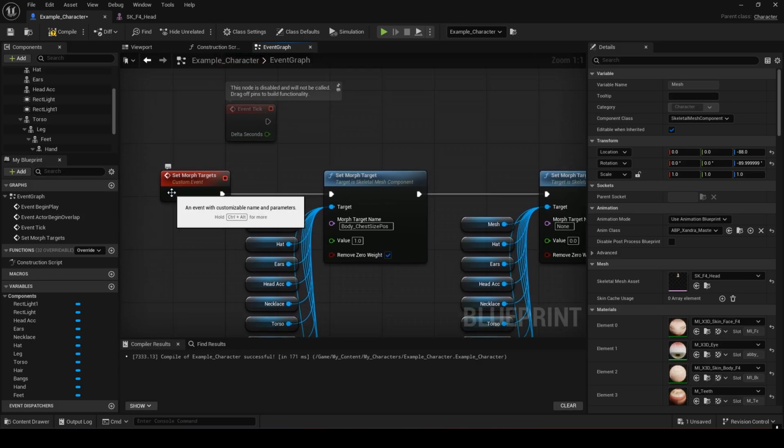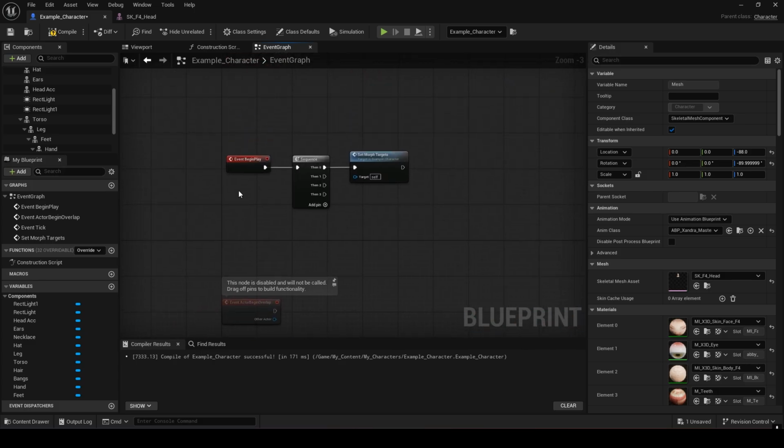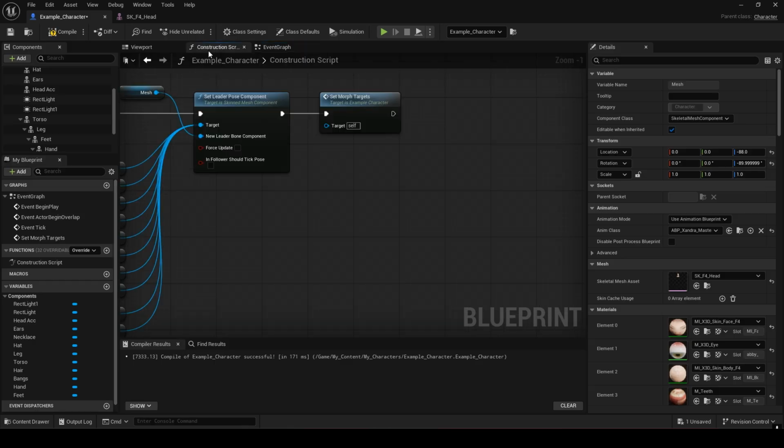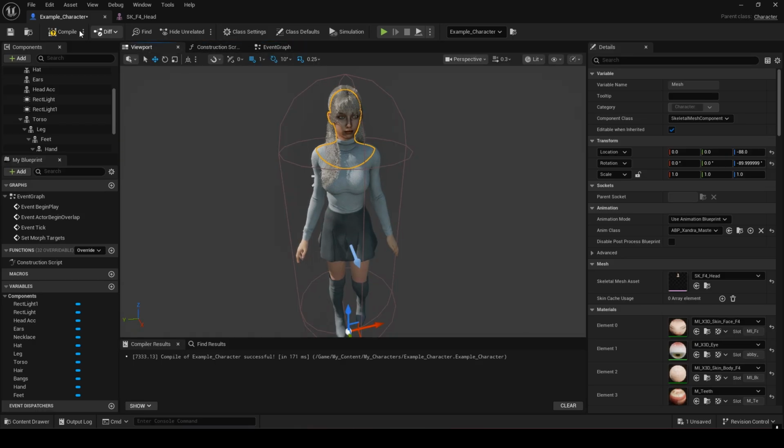So right now this event, we're setting morph targets. We've got it set up on all of this for all of our mesh components. It's getting called at begin play. It's also getting called in construction script. So now if I go here and I compile and save, you'll see right away the chest size gets